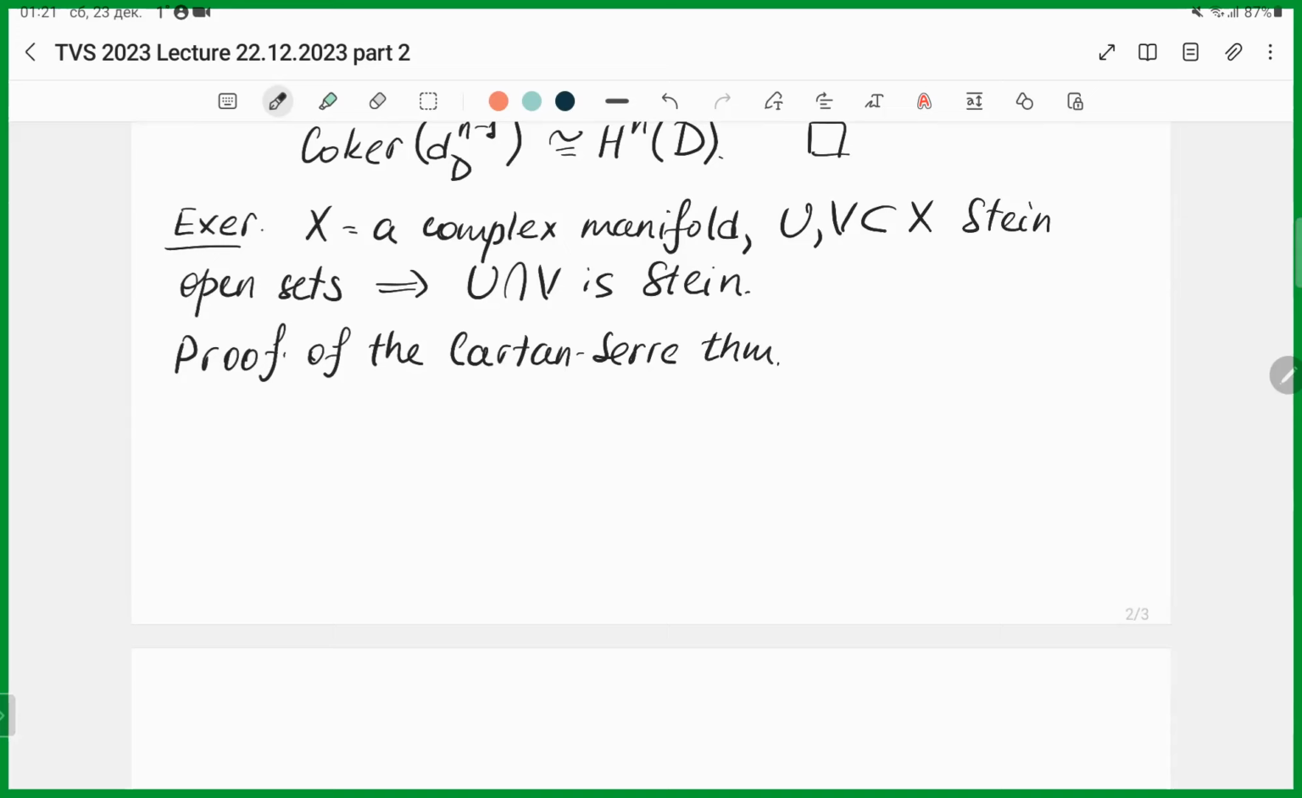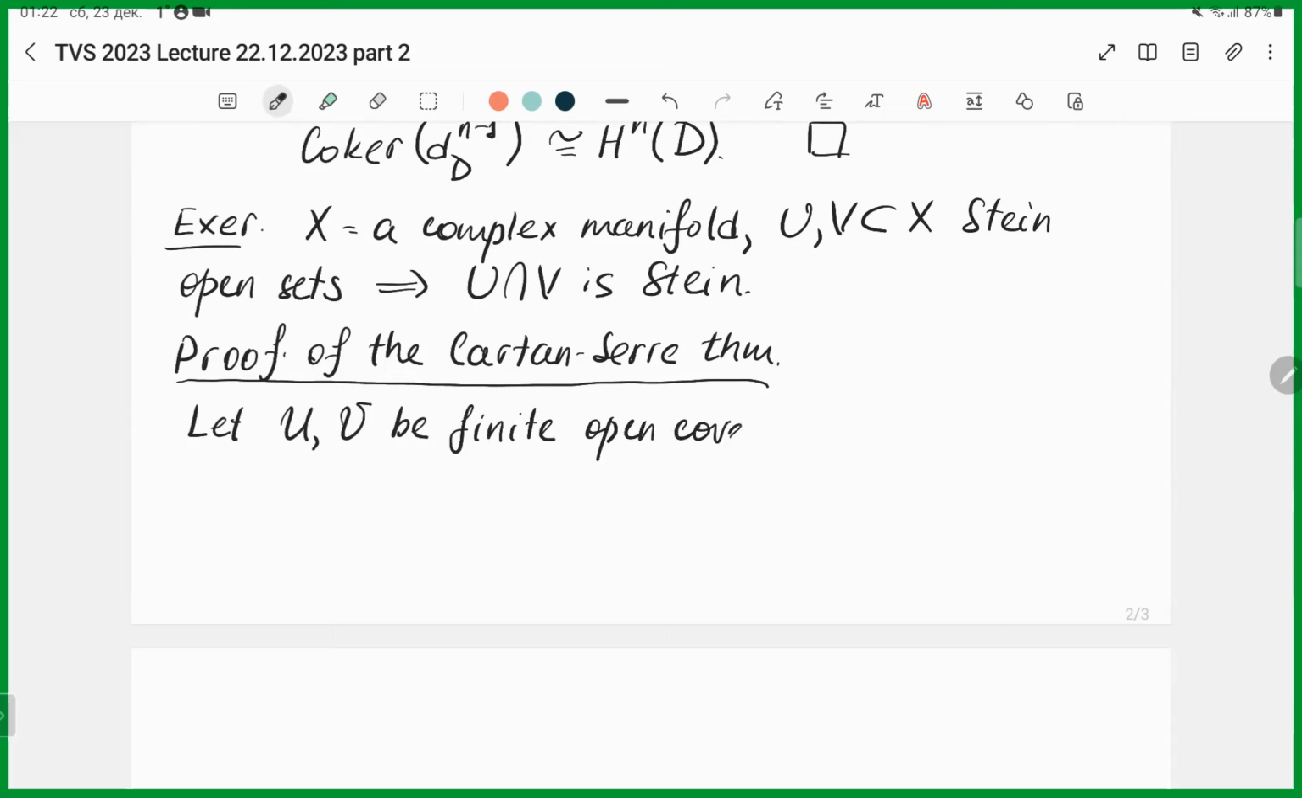So what we want to do is to show that if X is a compact complex manifold, then the cohomology spaces of any coherent analytic sheaf on this manifold are finite dimensional. Okay, so let's choose two open covers. Let U and V be finite open covers of X,